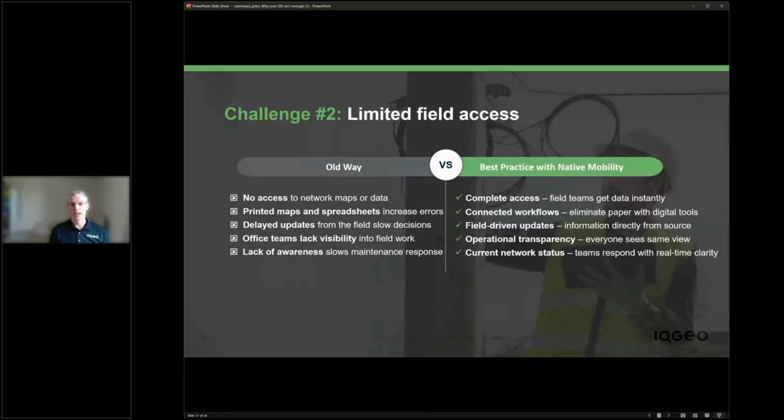And I'm sure we've probably all seen the experience of a pile of as-built updates sitting either digitally in an inbox or in a pile of paper on the designer's desk, waiting to be updated. In that scenario, it's very difficult for the teams in the office to have visibility into what's been done in the field so that they can make appropriate decisions.